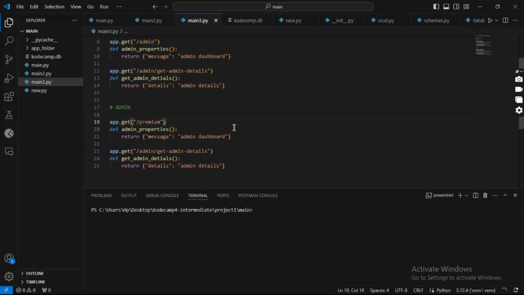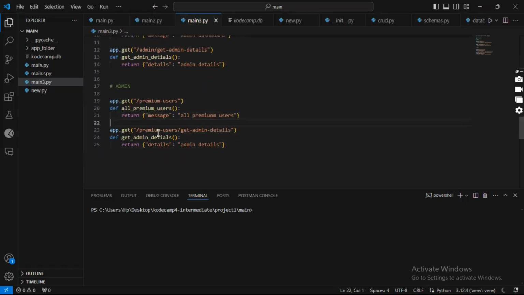Assuming premium-users, this should give me premium users, and this will basically be get all premium_users. Okay, and this will be a message of all premium users,